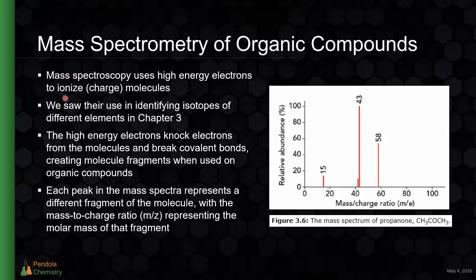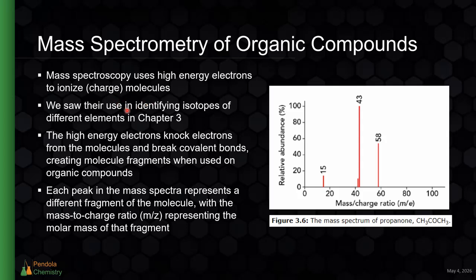We can then use the mass spectra and its curvature, a detection site and magnets to identify the mass to charge ratio of the different ionized molecules that we see. So we used this in chapter 3 to identify isotopes of an element, and you can go back and look at that. But now we're going to see what happens when we do the exact same technique, but